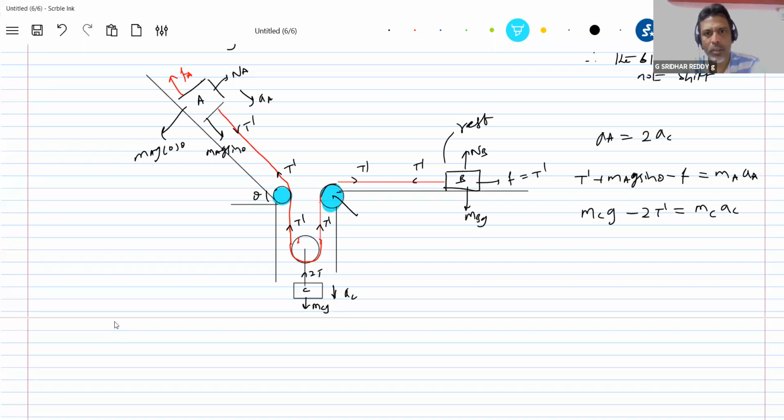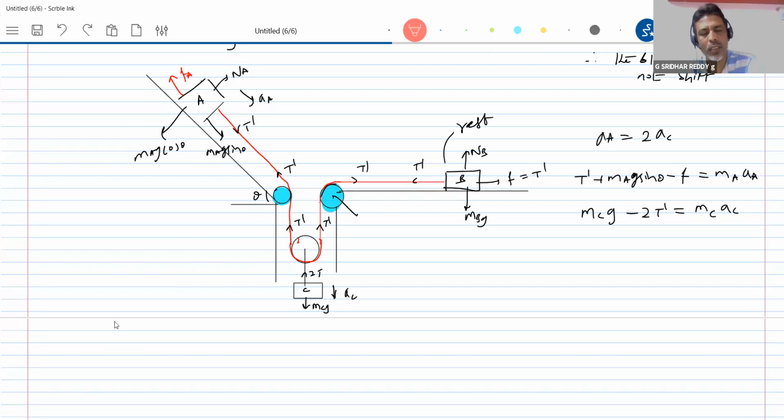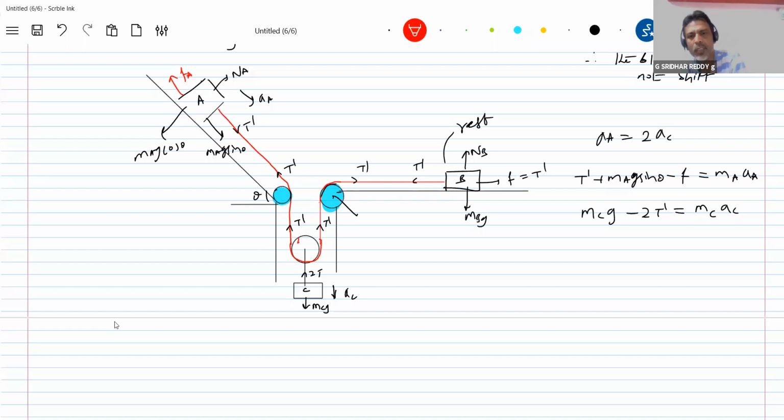Okay, now what you have to be alert about is this: when only one block is there, we are quite sure. When there are 2-3 blocks, there can be a possibility that one block will not shift and the other 2 blocks will be moving, or maybe all 3 blocks may shift. It all depends upon the value of MC. I'll give you the answers. You can cross check them. This will be the final answers.